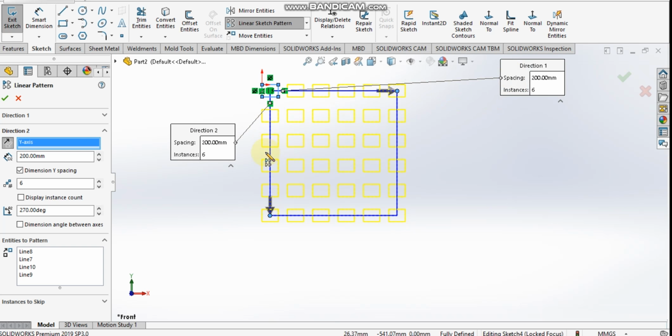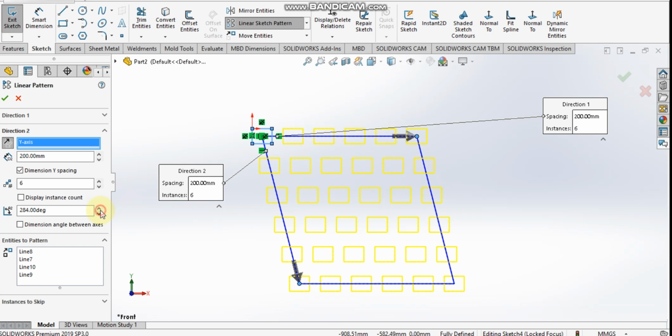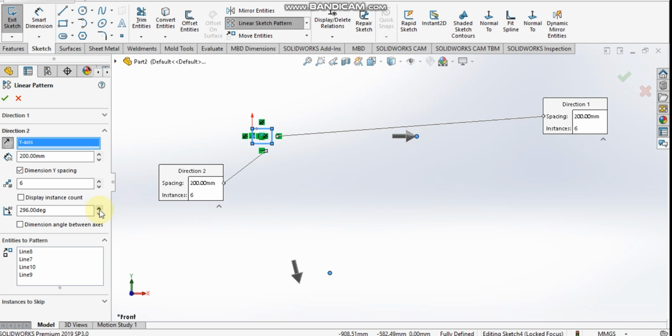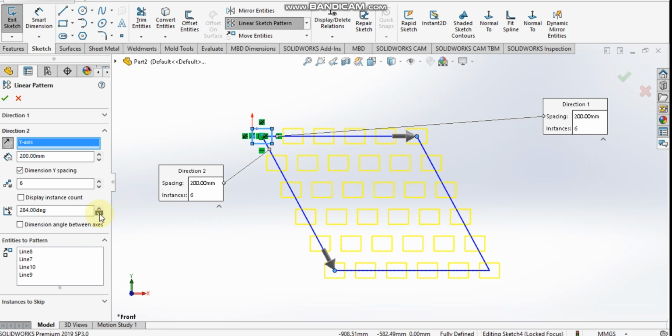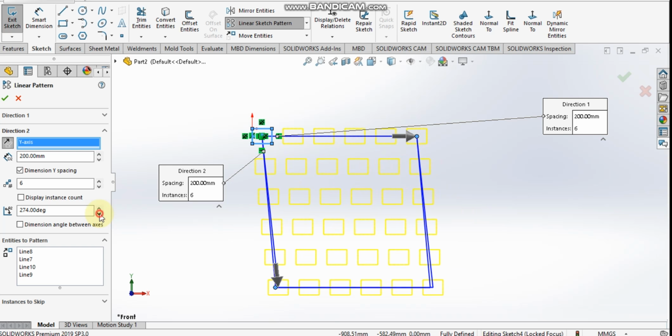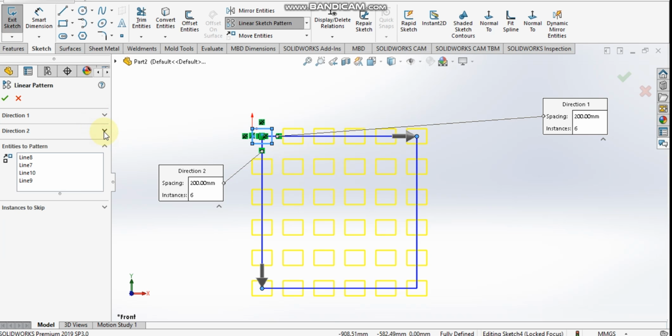Also we can change this angle. You can see inside the preview in a better way. As you increase the angle it goes on changing. We'll keep it equal to 270 only for understanding purposes. Now these are the very simple options. By using direction 1 and direction 2, we can create a pattern of this rectangular geometry